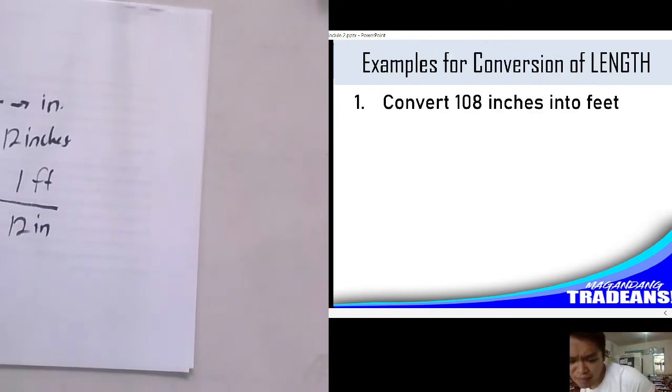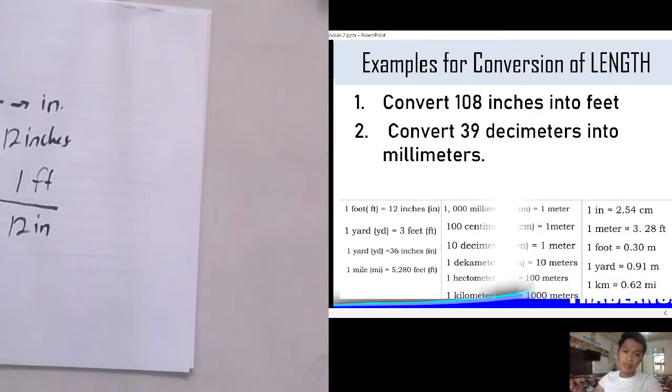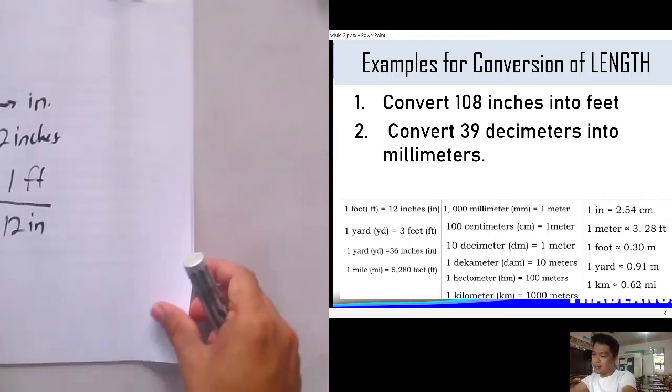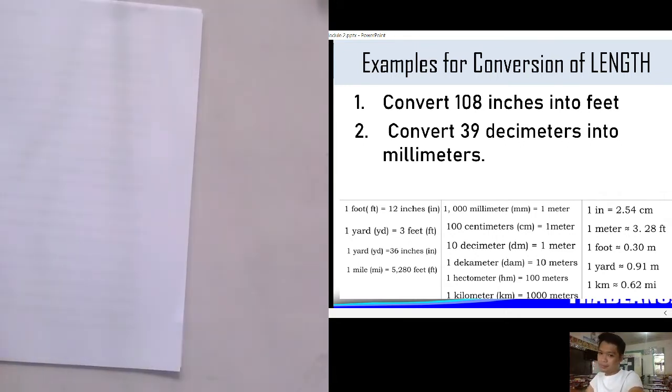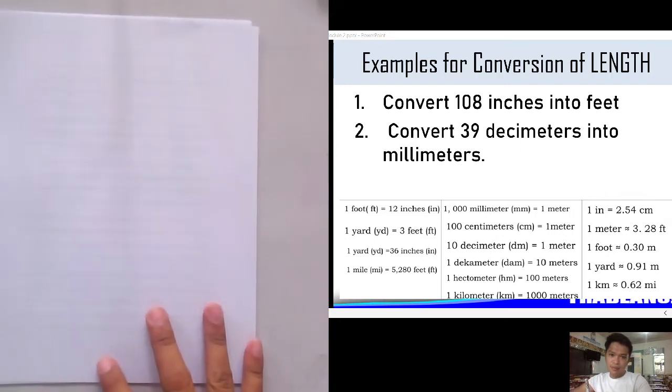So the first example is we are going to convert 108 inches into feet. And if you are going to research that one on the internet, inches to feet is equivalent to 12 inches is equals to 1 foot. Okay, yun po, yung first po. So gagawa tayo ng, sasagutin na natin yan ngayon. So we now have,